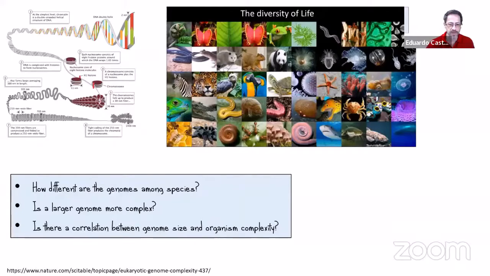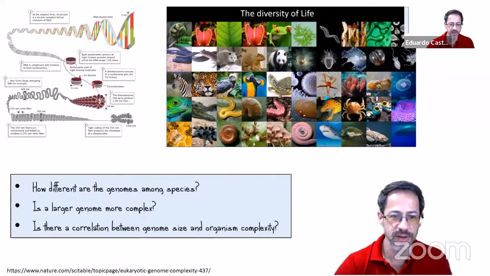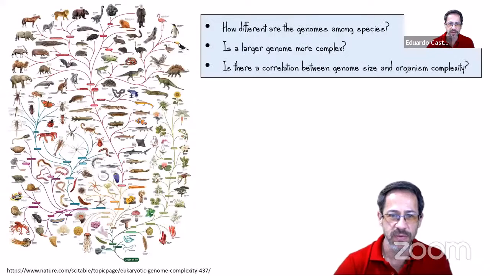Okay, so we're going to try to address these three different questions. How different are the genomes among species? Is a larger genome more complex? And is there a correlation between genome size and organism complexity? We were saying that we are going to review some examples of primitive organisms, as well as organisms that